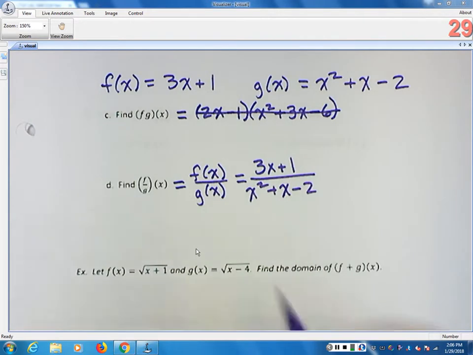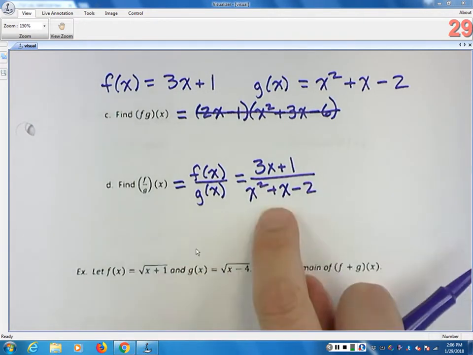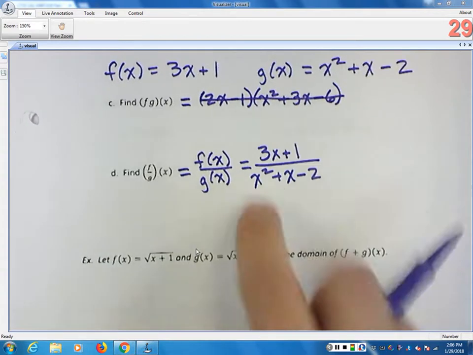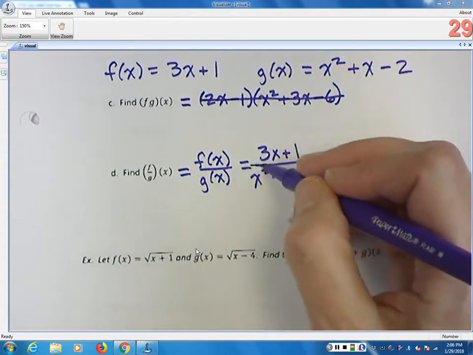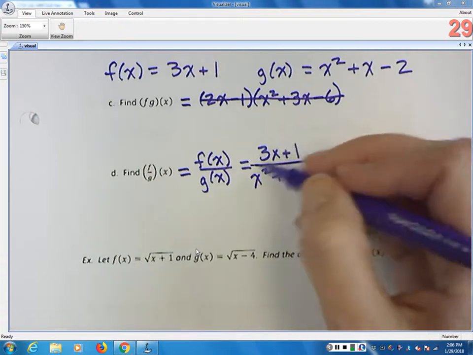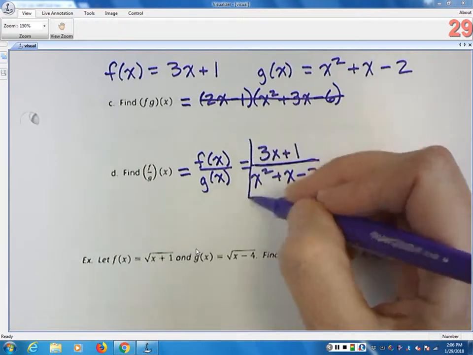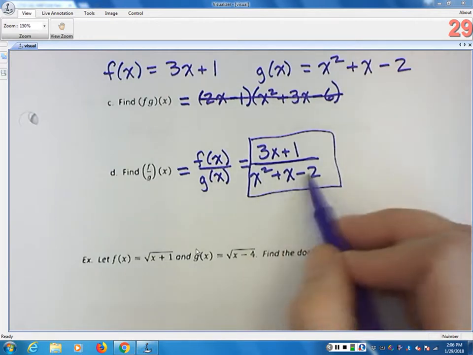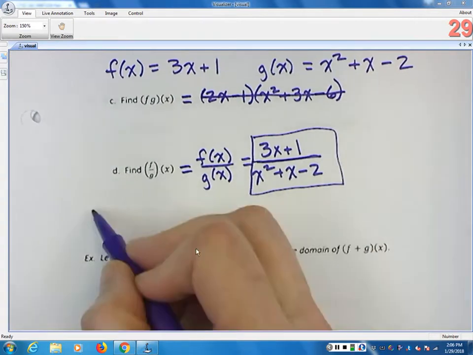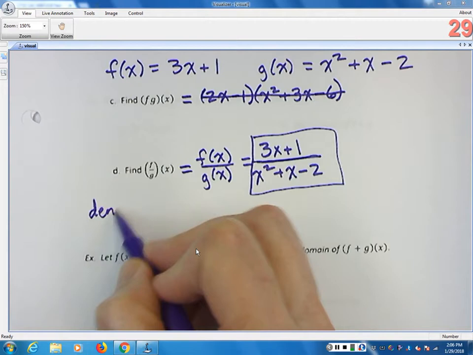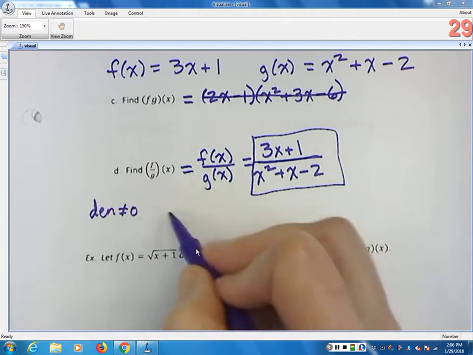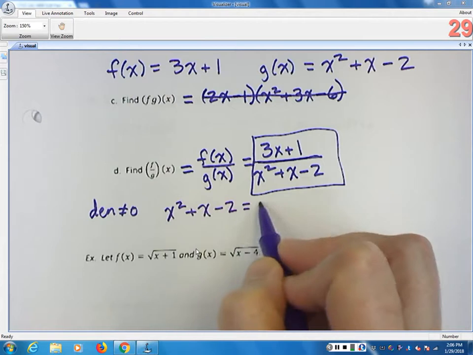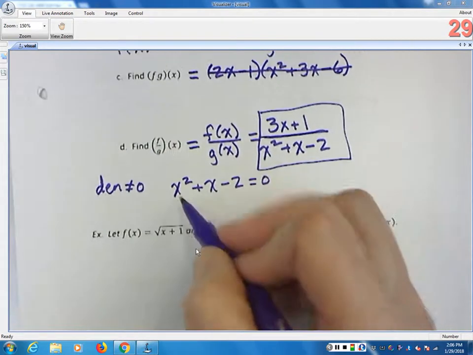So the denominator, to see, this is the answer, because when you factor this, nothing cancels. So this is the answer, but we've got to restrict the domain because we're dividing by this. So we make sure the denominator can't be 0. So we're going to set the denominator to 0 and exclude those values. So this factors